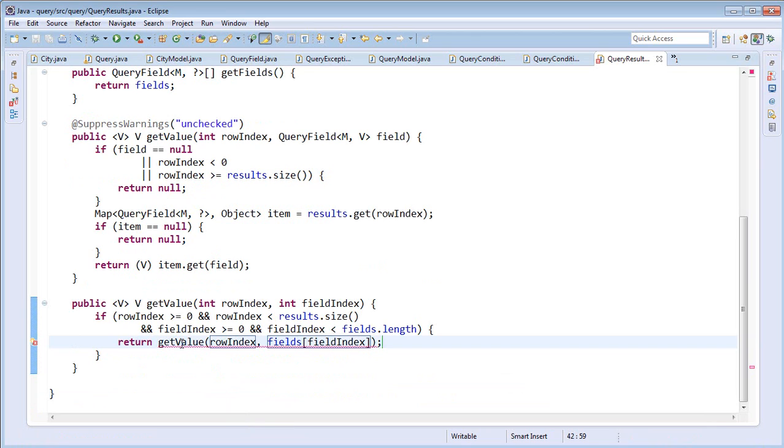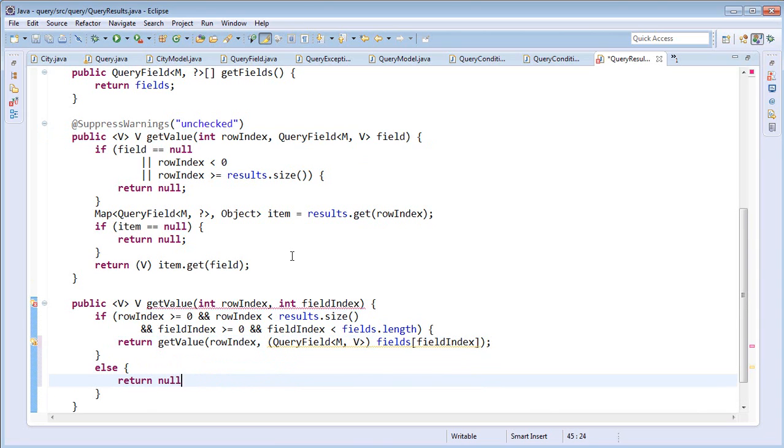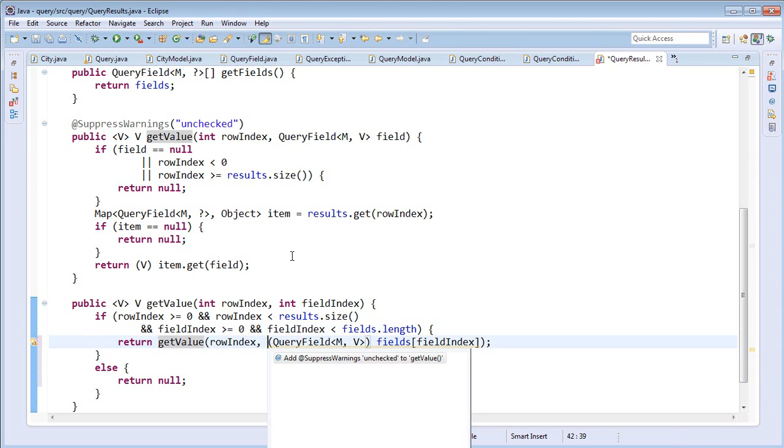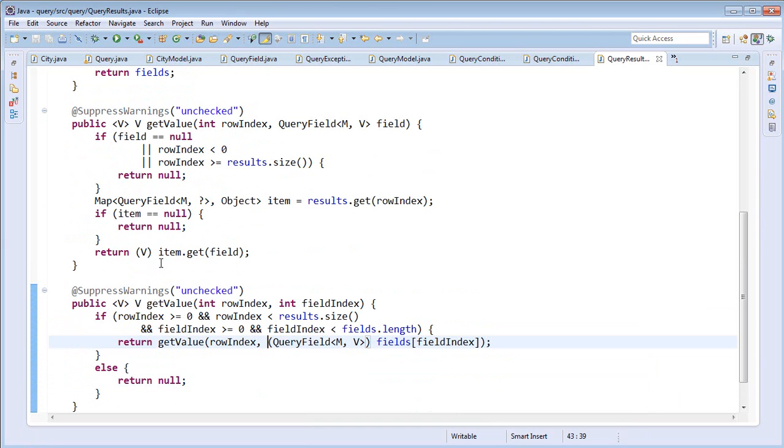Okay, and this method here, it's expecting a field of V, and I will have to convert it from field of object to query field of type M and the expected value V, and otherwise I will return null, and also I will suppress unchecked warnings. Okay, so now I'm able to consume the results, and I will go back to my test,